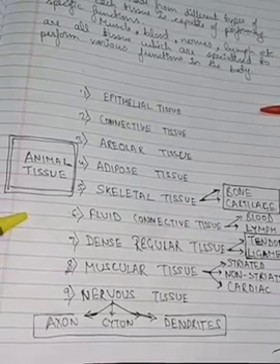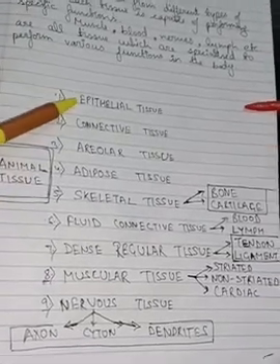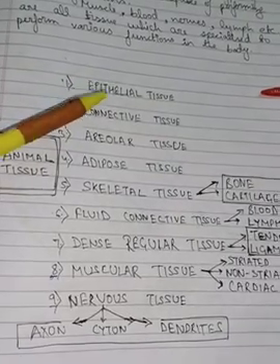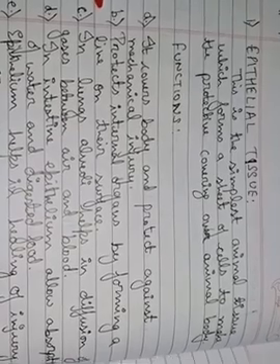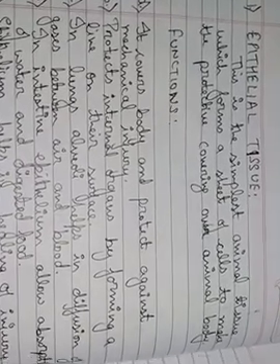In animal tissue, first we will take the epithelial tissue. We will discuss first about the epithelial tissue. Now the first one is the epithelial tissue. What is epithelial tissue? This is the simplest animal tissue which forms a sheet of cells to make the protective covering over